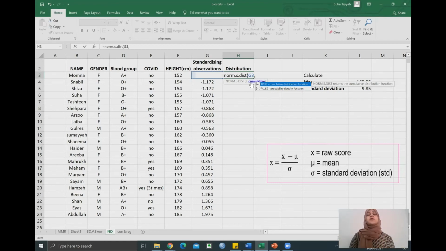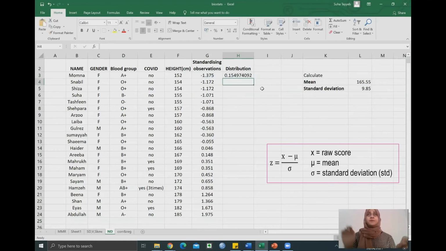Now I know that in a normal distribution curve, the y-axis has the probability density. So I'm looking for that function, and that is there with the false option. So I'm going to click on that. Now I've got the false. I'm going to close my parenthesis and click enter. So now that is my distribution value.